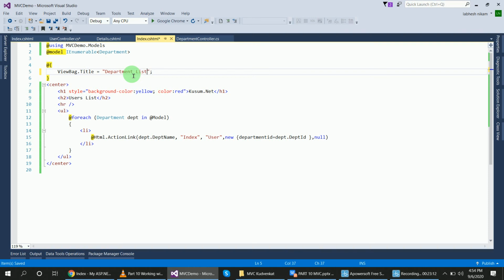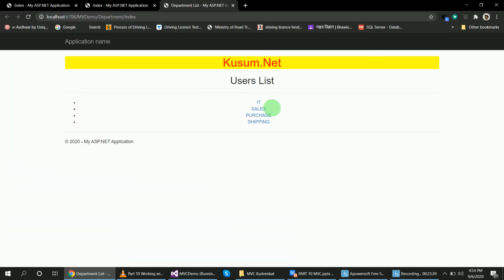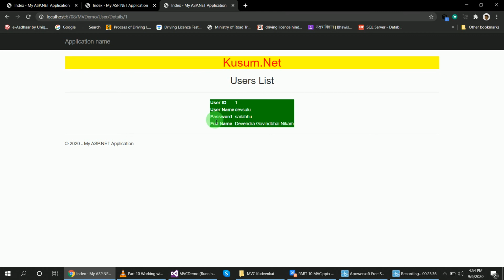Now click on this department name, and here is the users list of that department. The IT department has these users, and on clicking on this, the details of this individual user, click on this and you can see here the detail list of the user.